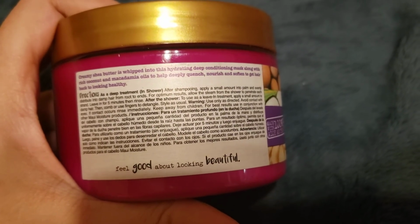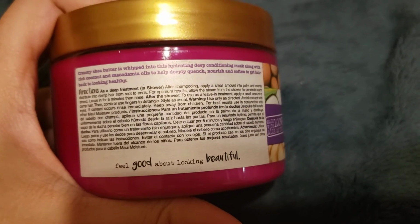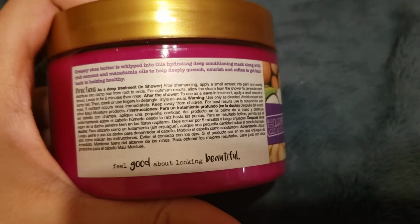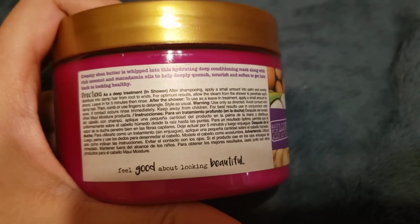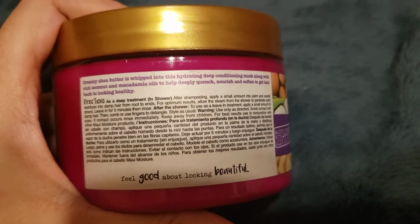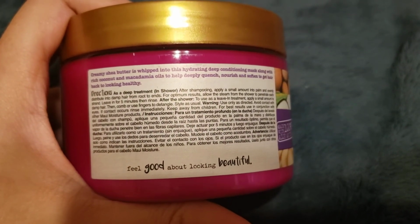As a result, allow the steam from the shower to penetrate the strands, leave in for 5 minutes, and then rinse. I see the reason why they're saying that is when you have it in your hair, the hair can absorb all the nutrition out of it and into your hair. Hence why they want, like, you know how we have the